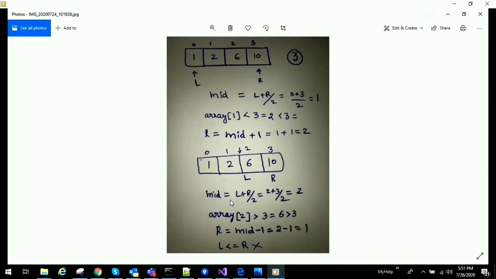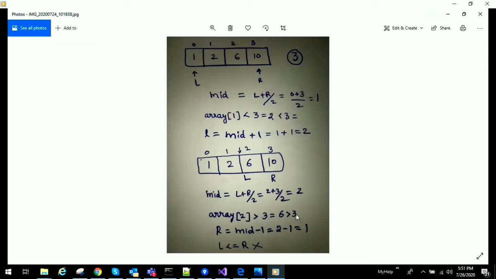Now again we calculate the midpoint, that is (left + right) / 2. Left index is 2 and the right index is 3. (2 + 3) / 2, that is 5 / 2. 5 / 2 is 2, since we are taking integer division. Now we will compare the value at index 2 with the current element. The value at index 2 is 6. 6 is greater than 3.